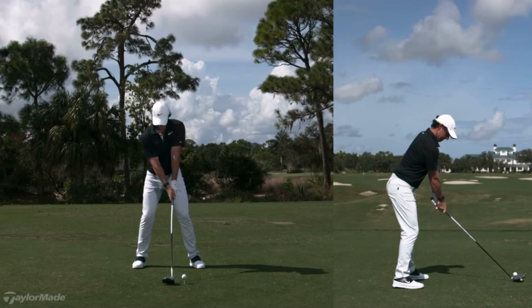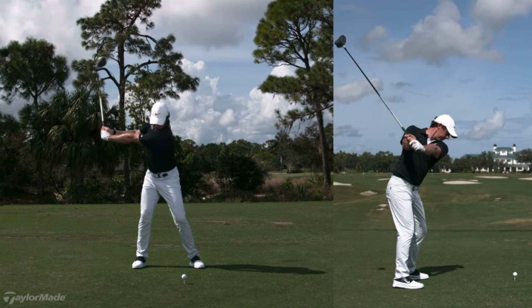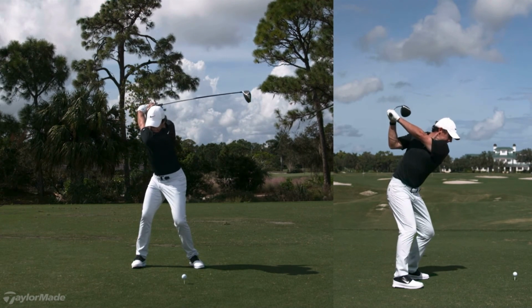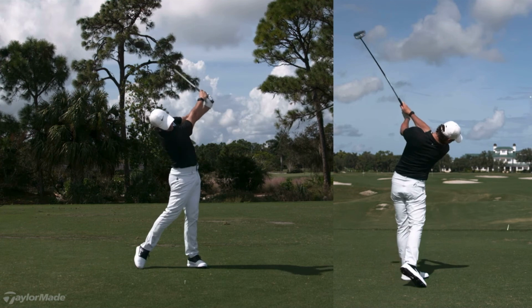Now you see here how Rory gets to the top perfectly and finishes with a flat, straight left wrist position and square club face parallel to his left forearm. Obviously, technically and aesthetically very pleasing to the eye. Now from here everything works in perfect harmony and in the correct sequence, as you would expect at this top